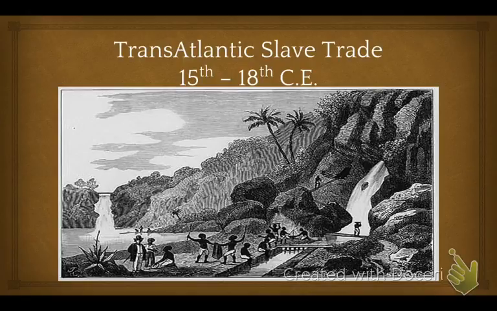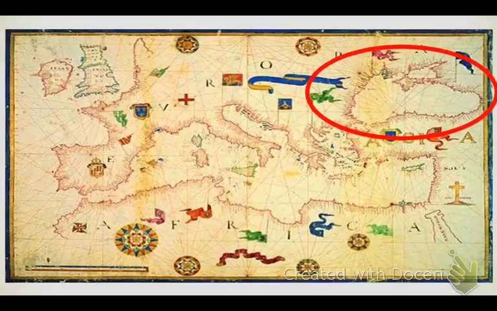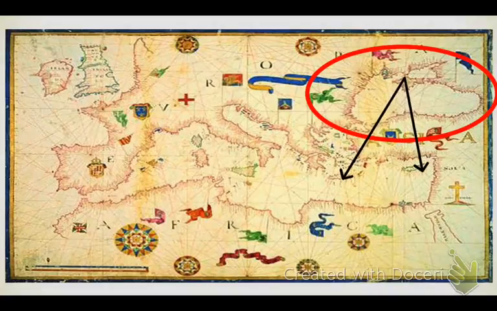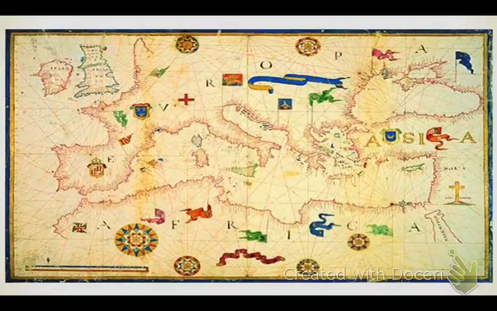Let us go. The origins of the transatlantic slave trade obviously go back to the post-classical era. Slavery's been around forever, but we're going to start with the collecting of slaves from the area north of the Black Sea and the Slavic region, and transporting slaves to Christian plantations on Crete, Cyprus, and Sicily. These were then furthered out into the Western Mediterranean. With the sacking of Constantinople by the Ottomans in 1453, access to these Slavic slaves became a little more difficult for Christian slavers.